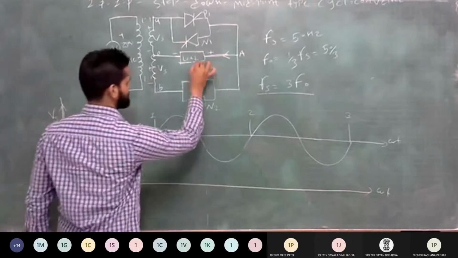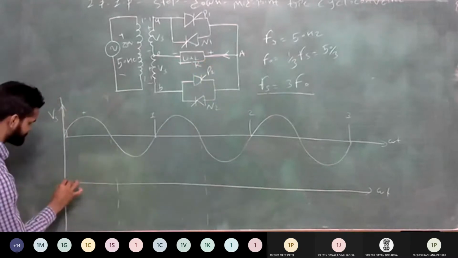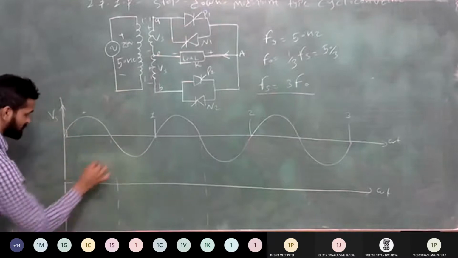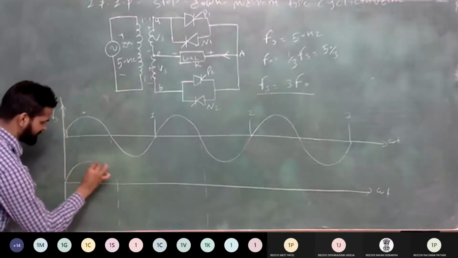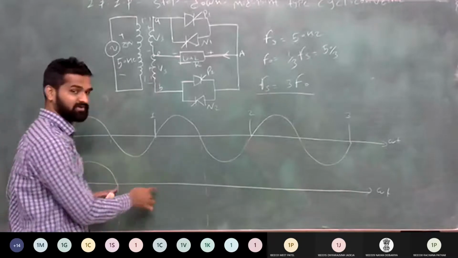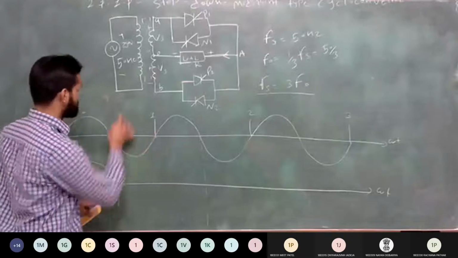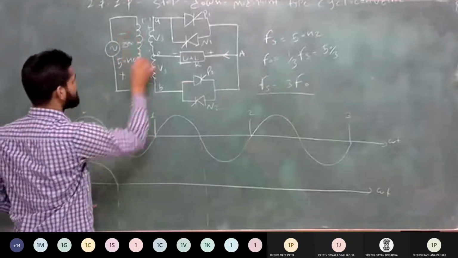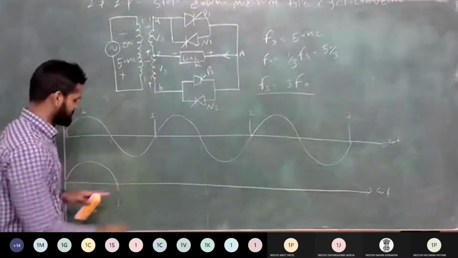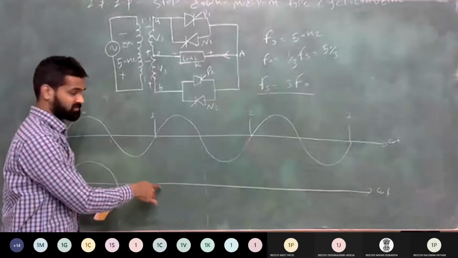And assume that here we take a resistive load. So you can see that when you fire this thyristor P1 at omega t is equal to 0, you get the same output voltage as the supply. And after that, again you require the positive voltage in the negative cycle of your supply. Negative cycle of supply means the polarity will change, minus and plus.